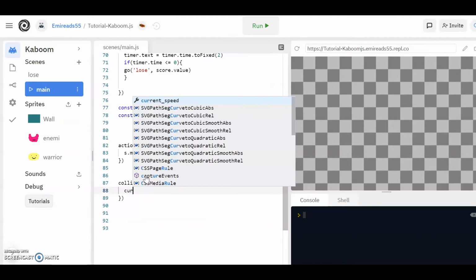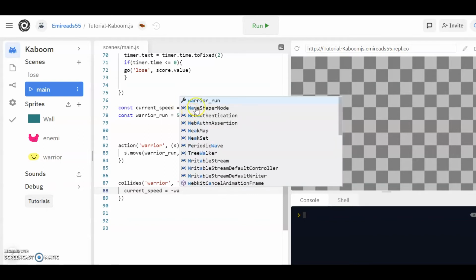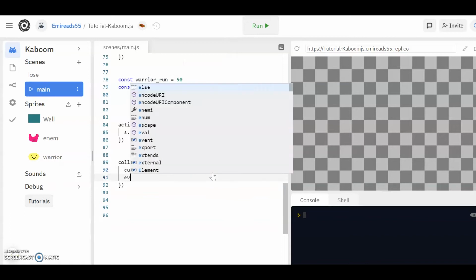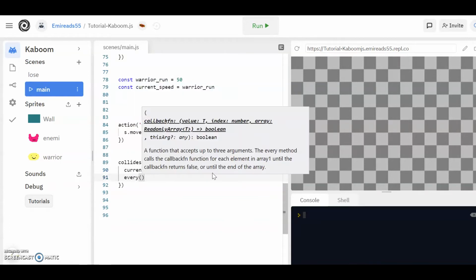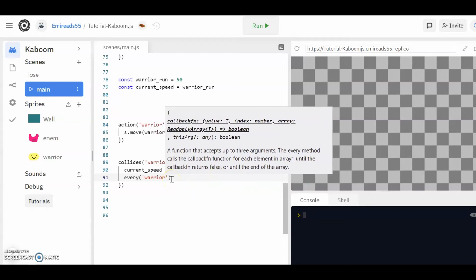So if my current speed is equal to minus this, if this happens, then every warrior, because I have many warriors,